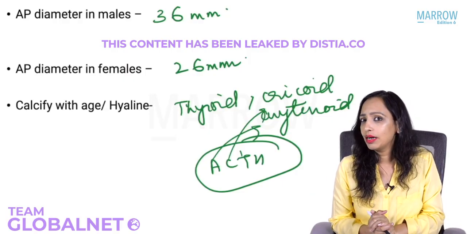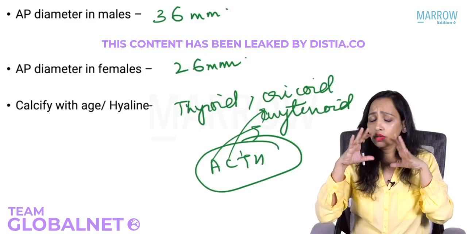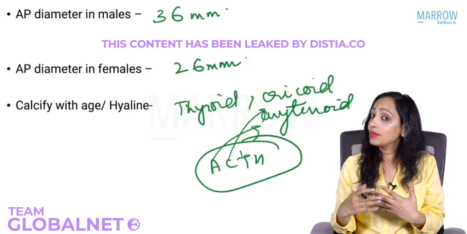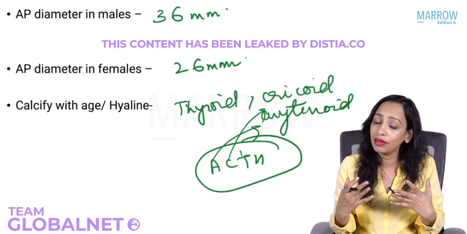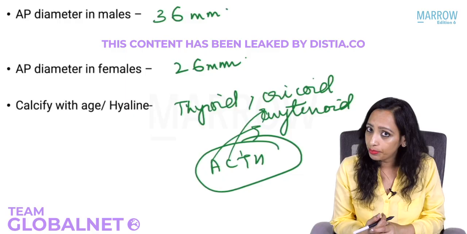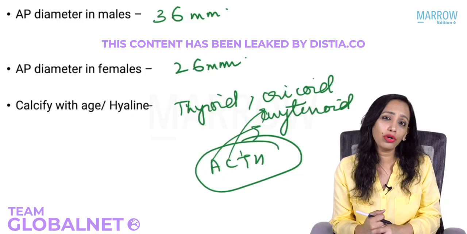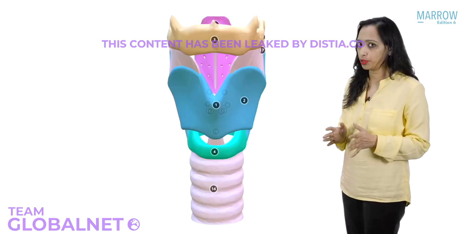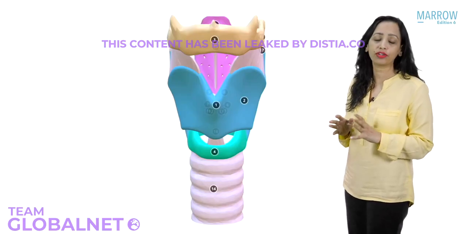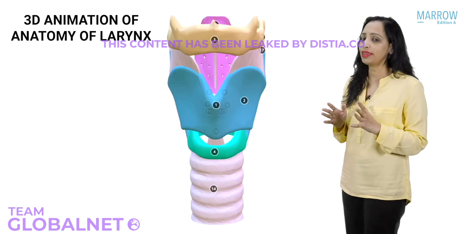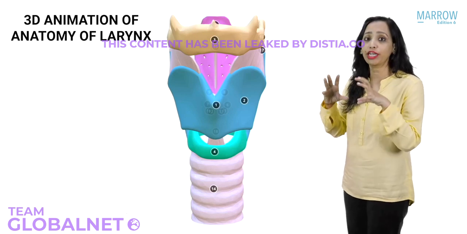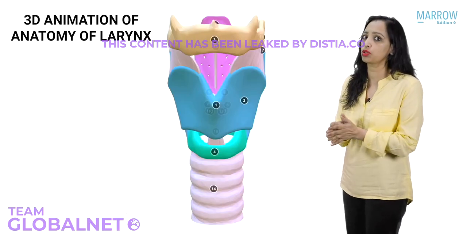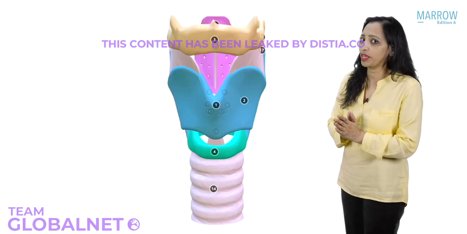Now, let us quickly see a 3D model. You must have understood the larynx very nicely. We will first see the 3D model and then we will see the actual laryngoscopy, the real life laryngoscopy, how it appears. Now, we have done the anatomy of the larynx very beautifully. Let us have a look at the 3D animation video showing the cartilages of the larynx, how they are articulated, how the extrinsic membranes connect it, and also a quick look at the spaces.